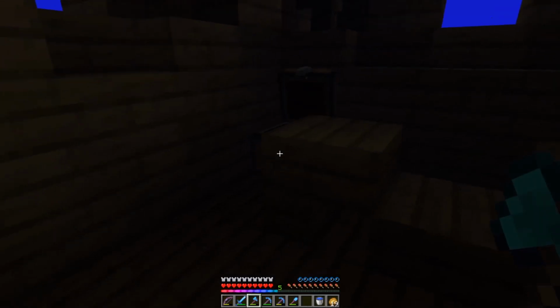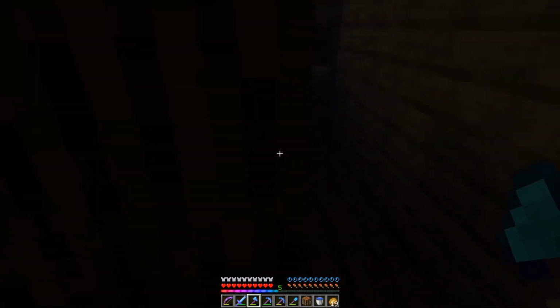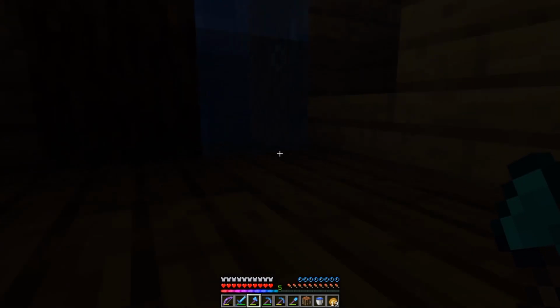Now let's remove that. And now let's see if we have a supply chest. Should be up here somewhere. And there it is. And yeah, there's just some leather armor in there. Useless enchantments. And down here...